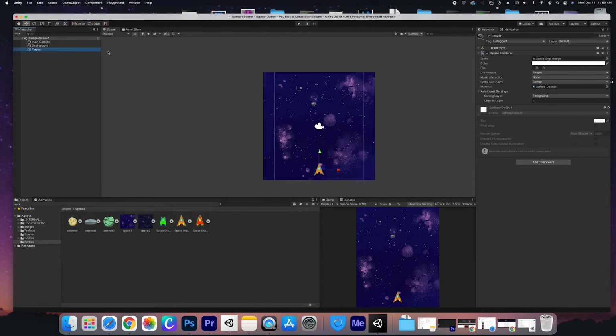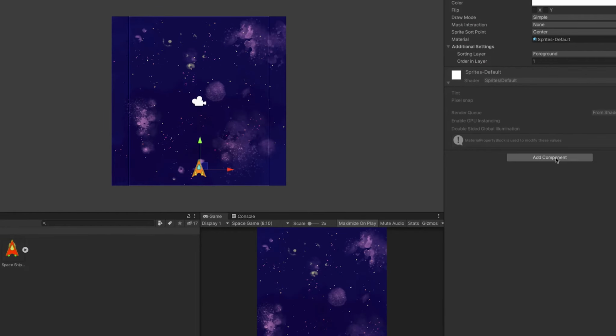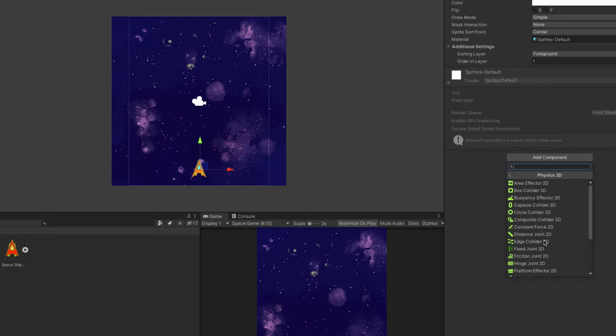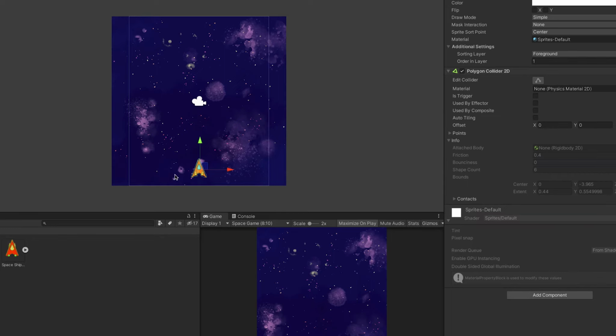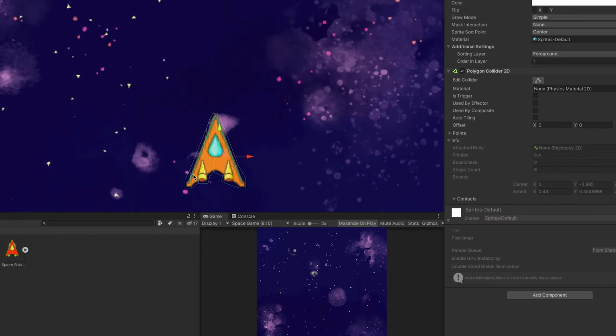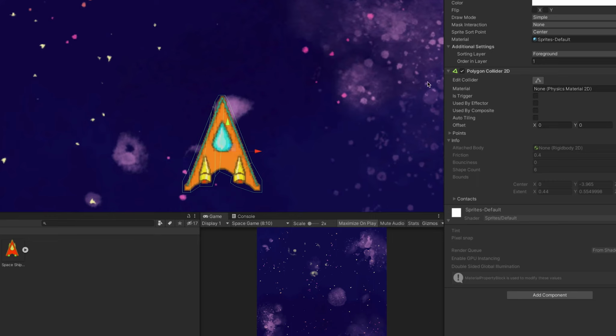Going back to our player, we need to begin to set up our player so that it can move. For our player to work, we want to come over to Add Component, and we want to add in our Physics 2D. And you can choose what type of collider you're going to add. I like to add the Polygon Collider just for the shape alone, you can see. And then if I want to edit that collider, I click right on this button here, and this allows me to get all of these lines a little bit closer so that I'm not running into things on the outside